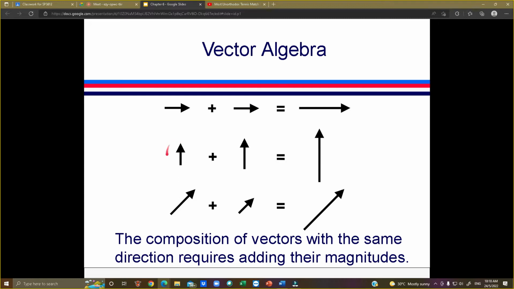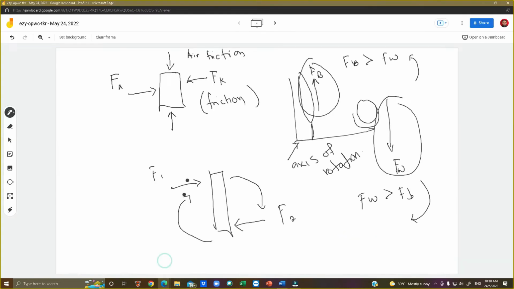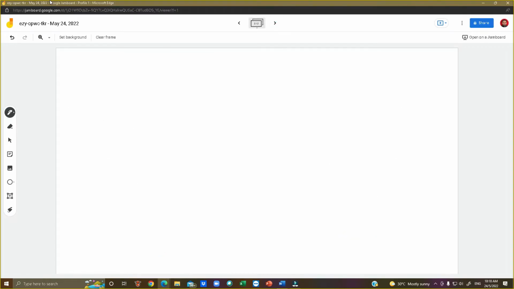The length of the arrow is the magnitude of the force, the amount of force. The direction of the arrow is the direction of the force being applied. This is vector algebra, and there are various kinds. For example, if we compare this kind of arrow with a longer arrow, the longer the arrow, the more magnitude of the force